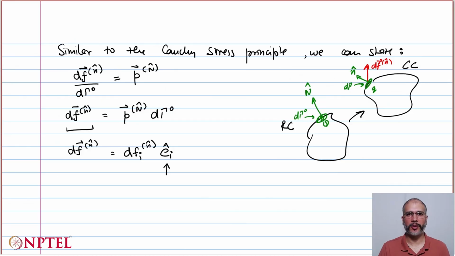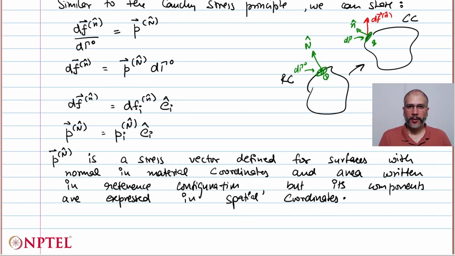So the bases are still the vectors E hats, not I hats. And since the stress vector P is along dF, we also express that in the spatial coordinate system. So P vector is written as Pi Ei hat. So this new stress vector, that's P superscript capital N hat, is defined for surfaces with the normal, that is